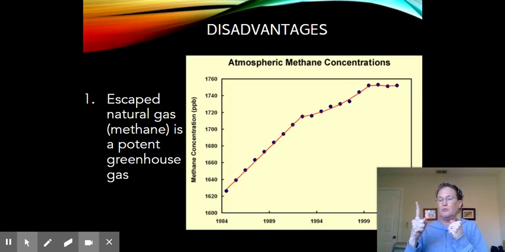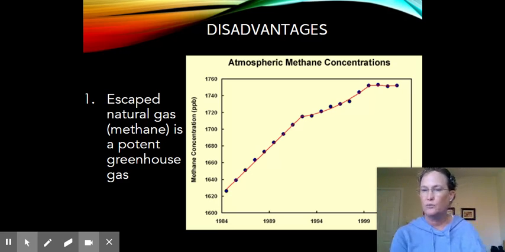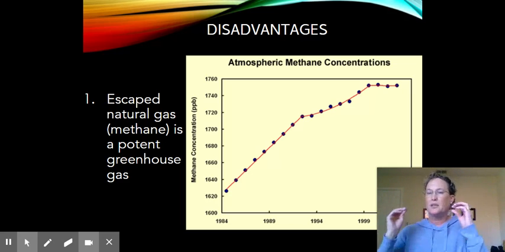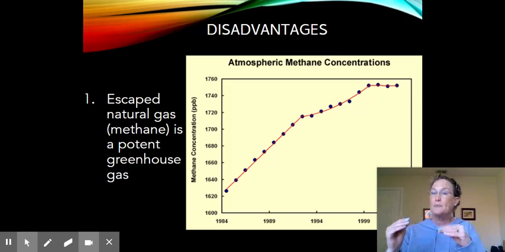So each molecule of methane traps more heat, 25 times more, and you'll hear somewhere in those ranges, but that works for that idea. And then the reason that CO2 is talked about more as a heat trapper is because there's so much more of it. There's more than 25 times more CO2 than methane. But you really want to be careful anytime you release methane because it's such a potent heat trapper.